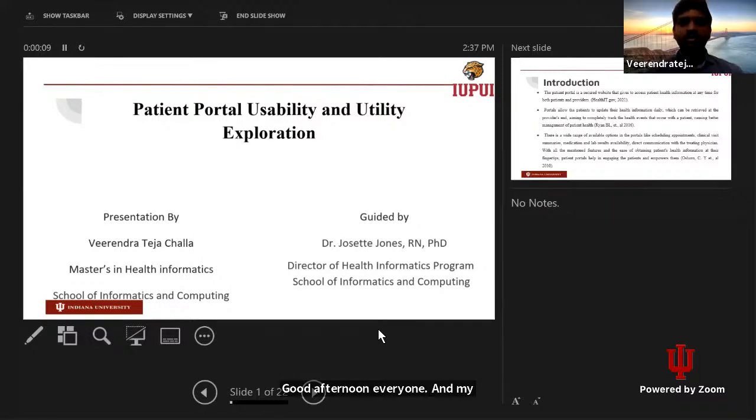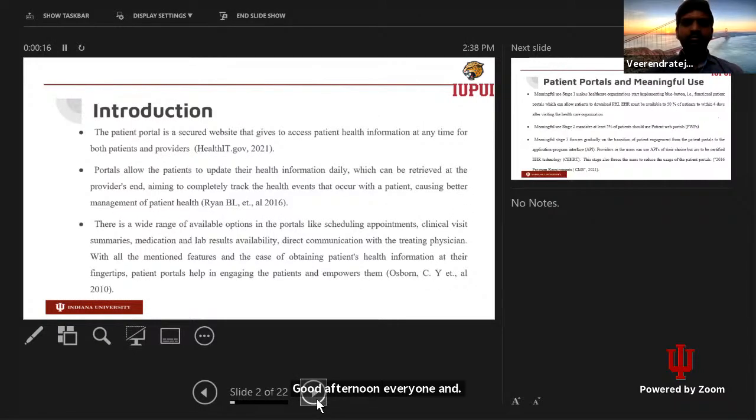My project is on patient portal usability and utility exploration. A patient portal is a secured website that will allow